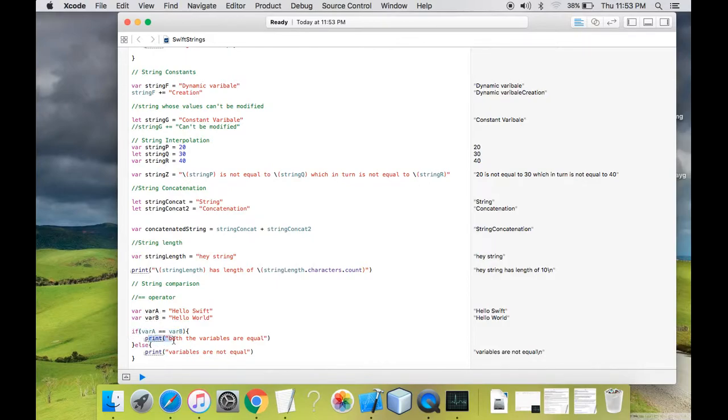If it is equal, then print both the variables are equal, else variables are not equal. As you are aware, this will obviously go into the else statement because these two variables are not equal at all. It is hello Swift and hello world. So the value printed is variables are not equal. If I put the same values in these two variables, my output will be both the variables are equal.